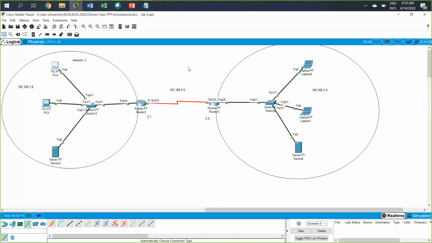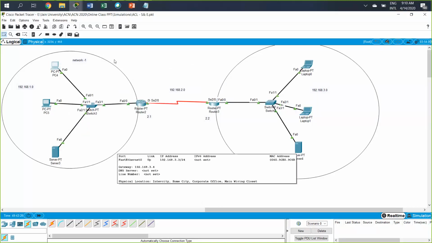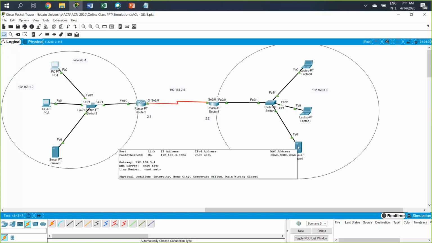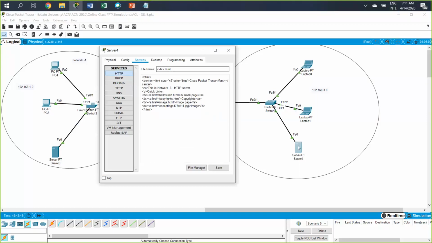Okay. That is the fourth task which we have done. What is the task we have done? We hosted a web server here, and we tried to access the web server from these PCs, any one of these. Yes, we are able to access. But the point here is we are able to access using the IP address. We have not used any website name because we have not done any DNS server hosting. All right. Now the next step is, as a fifth step,